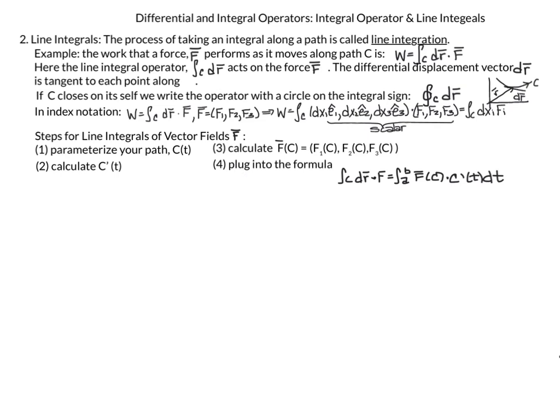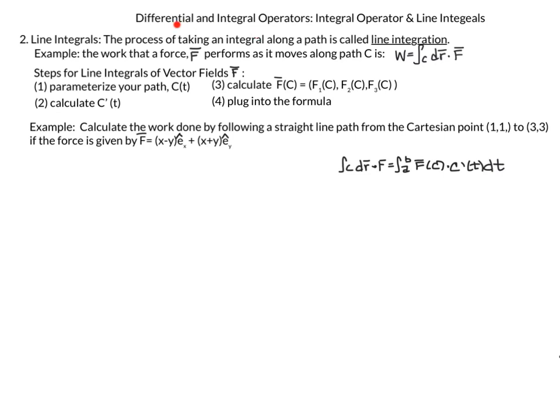And then finally, we plug all these components into our formula. So the integral over C of dr dot F is going to be the integral from a to b, where a to b are our limits for our parameterization, of F composed with C, dotted with C prime. I have some of these notes, including the steps for line integrals for vector fields, up here so that we can work this example. Calculate the work done by following a straight line path from the Cartesian point 1, 1 to 3, 3 if the force is given by x minus y in the x direction